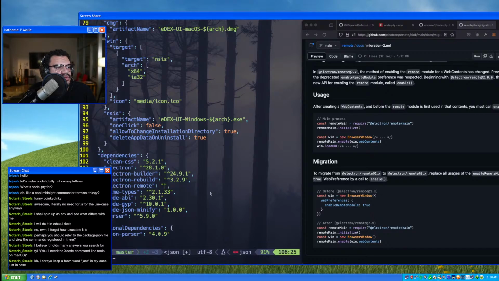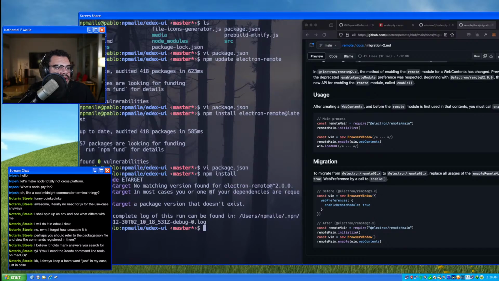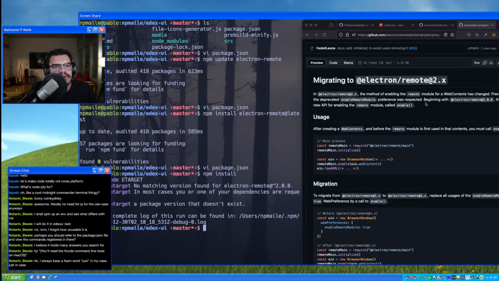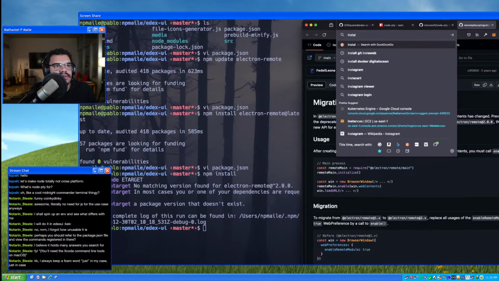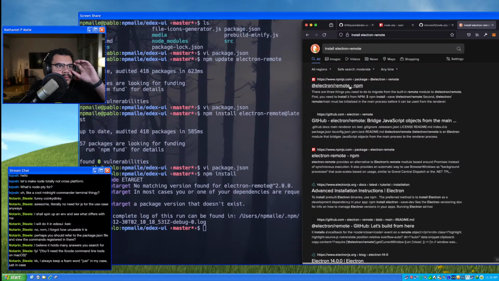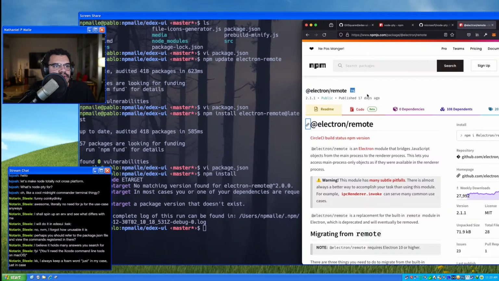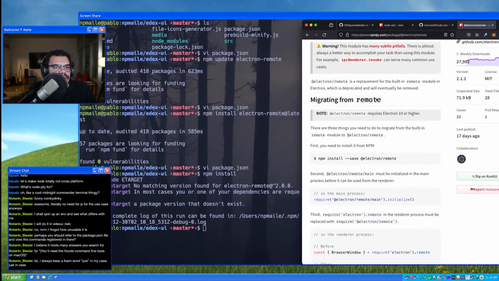I'll just do this 2.0.0 and we'll do greater than. Where is the caret? There we go. npm install. Oh no. @electron/remote. How do I install electron-remote? It's at @electron/remote, an electron module that bridges. So how do you even